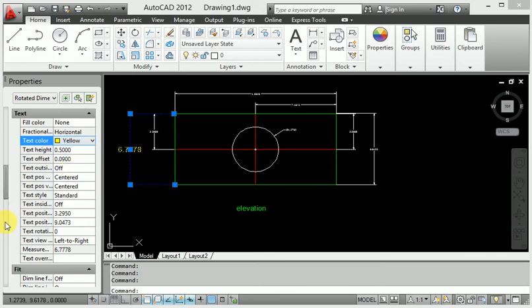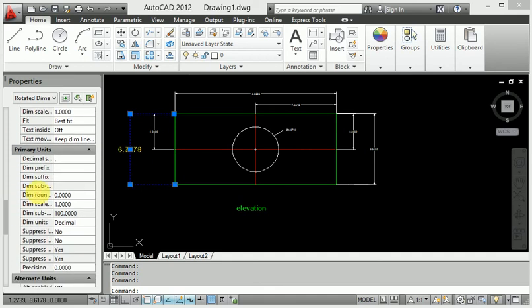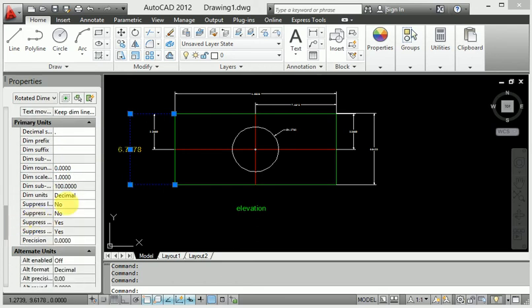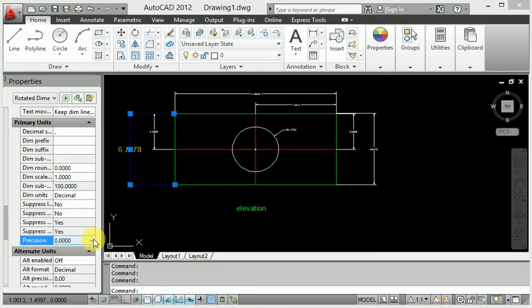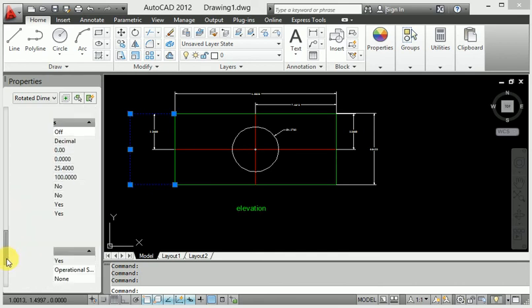And again I come from here to change the primary unit system. When you change the precision, go to precision right now. When you change the precision it is 0.00. Then again come down.